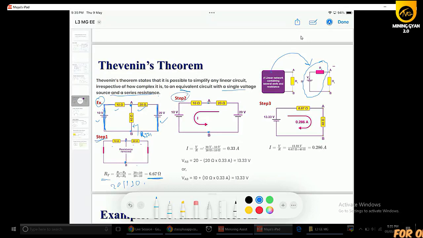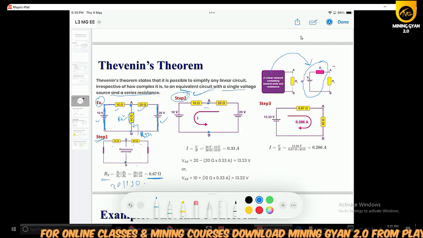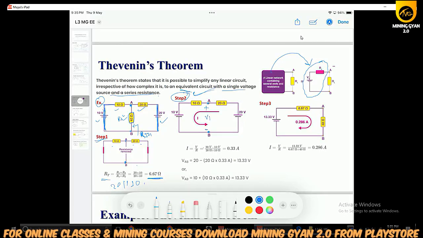Now we go for the second step. This 40 ohm is our load resistance, so we have to remove this first. Once removed, we want to calculate the total voltage drop across these two terminals. We go for mesh analysis, because it is easy to apply a KVL equation here. As you can see, there is a single mesh or loop, so we can apply our KVL equation.